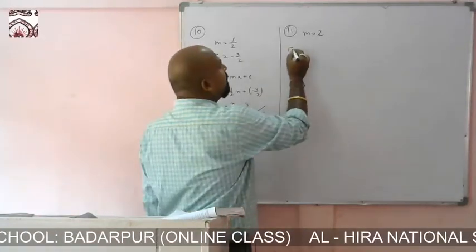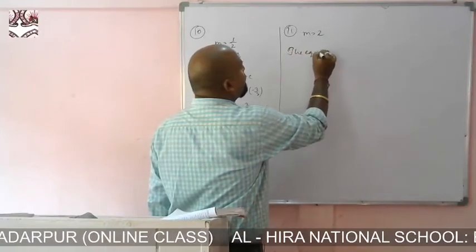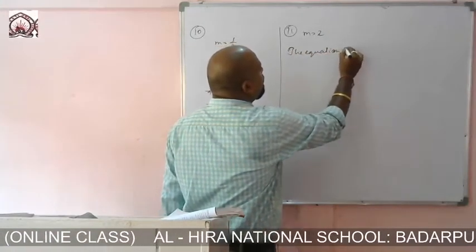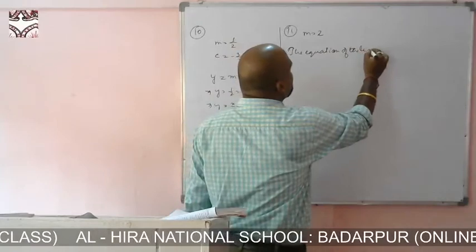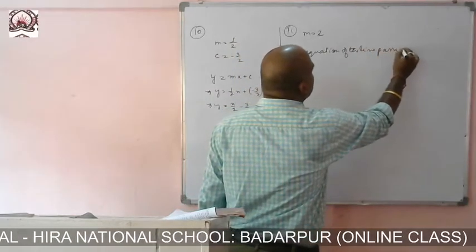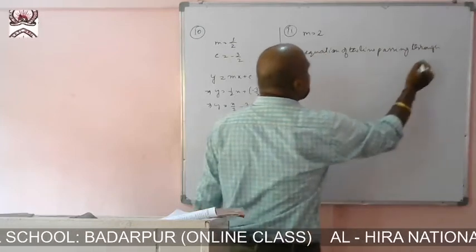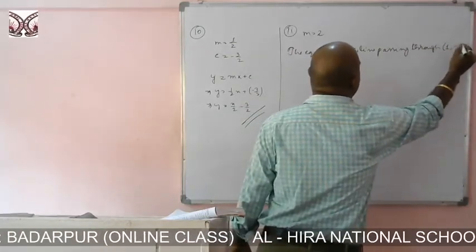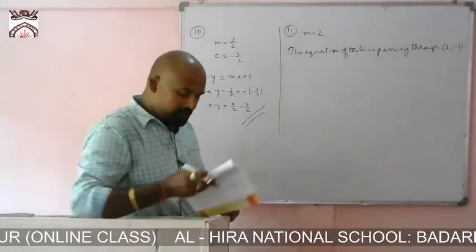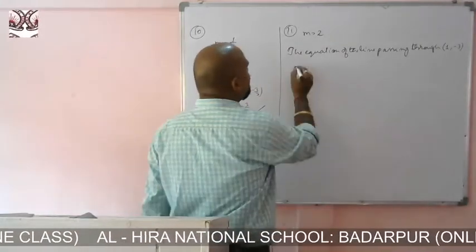Then the equation of the line passing through (1, -3) is given by